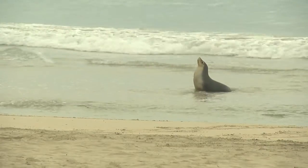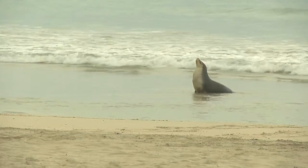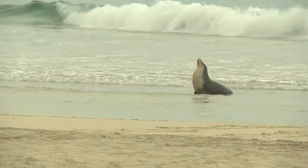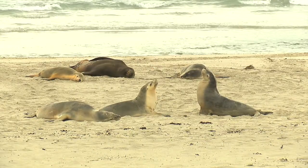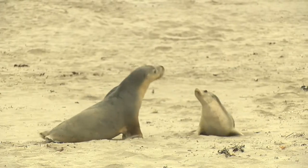And at the same time she has to protect her newborn pup and suckle it and feed it milk. So this can be a dangerous time for the little pups because the bulls are so big and a little bit aggressive when they're getting ready to breed. And the males stay on land for maybe up to 4 weeks. They don't go out to sea and hunt at that time,